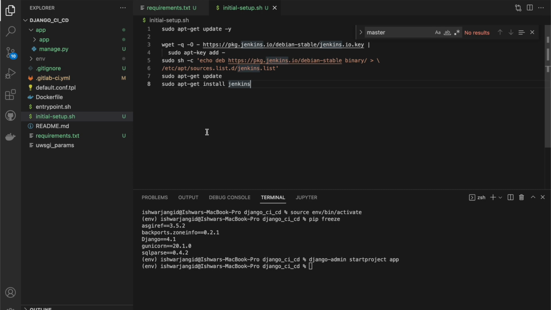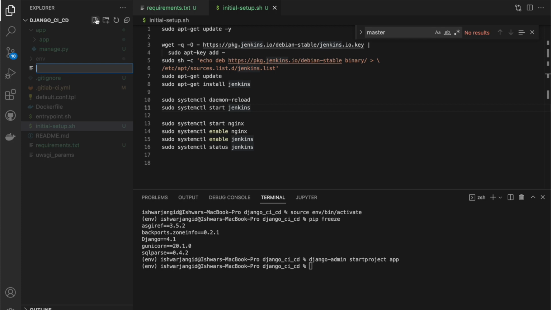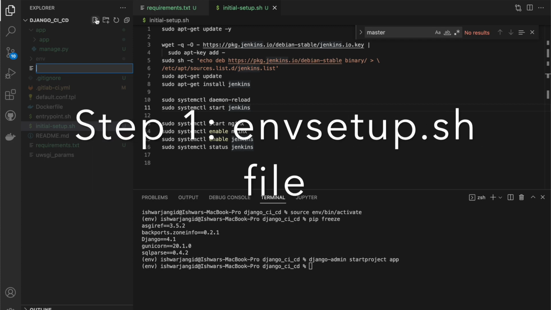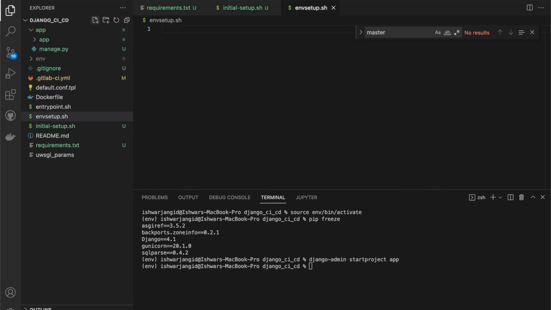So first thing we require is the environment setup file. Okay, now let's head over and create a new file, and the file name will be environment setup. So let's take it env setup.sh, and this bash script will contain everything that we will require to set up our virtual environment for Python. So let's start with the shebang, that is bin bash,